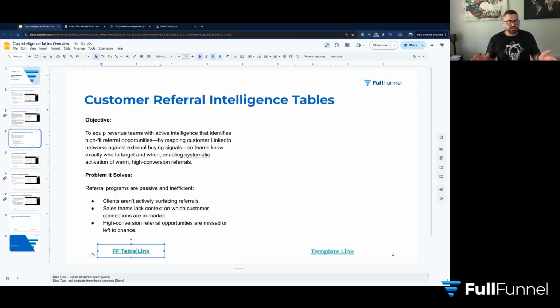So the objective that we have here is to really enable teams to do this in a very systematic way. The problem it solves is, like, most referral programs are horrifically inefficient in a B2B context. Like, B2C nailed this a while ago through referral codes and everything else. But let's face it, B2B, we really never have figured this out. And we think at FullFunnel, we've come up with a really cool way of doing this, and I'm excited to